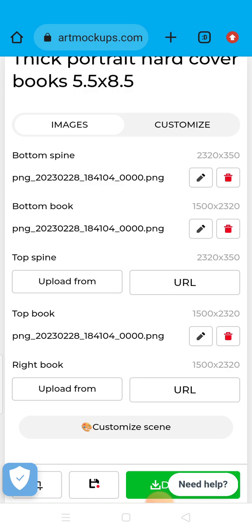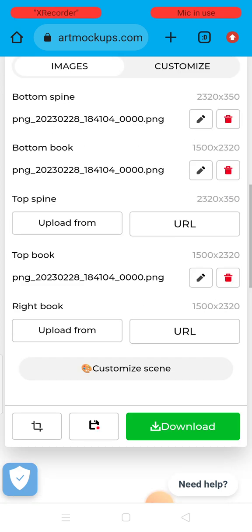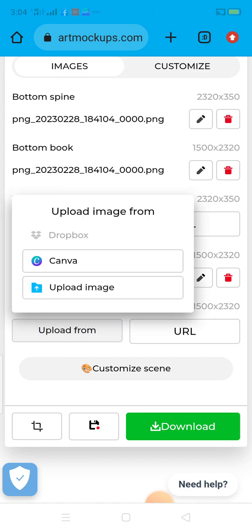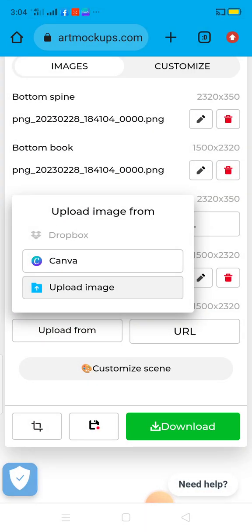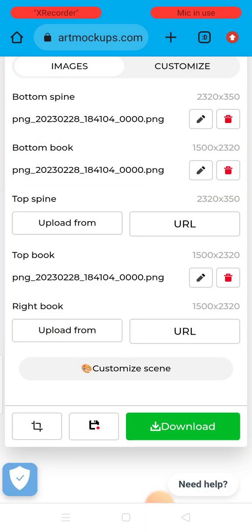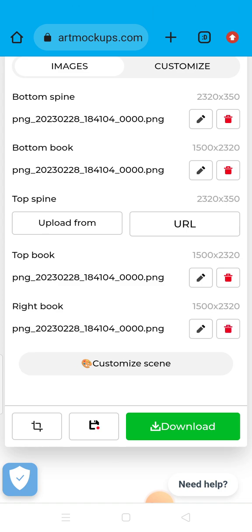So let me upload the spine. Top spine. I just uploaded the right book. I couldn't upload the top spine. I don't think that's necessary to upload. So let's